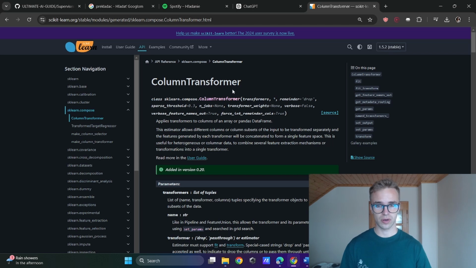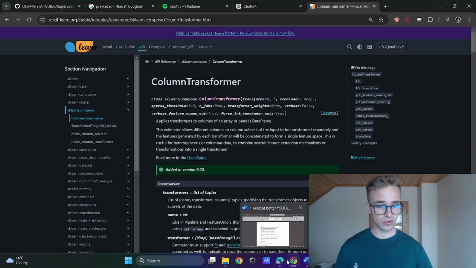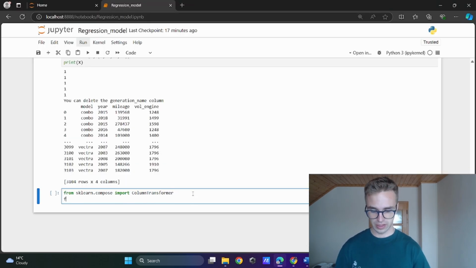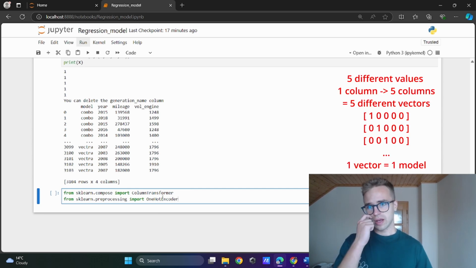The column transformer applies transformers to columns of an array or pandas data frame. We have a pandas data frame and apply transformers. We need to define these transformers here. For this, there is also one predefined transformer in sklearn.preprocessing, import OneHotEncoder. And what this one hot encoder does, it will create a vector with as many numbers